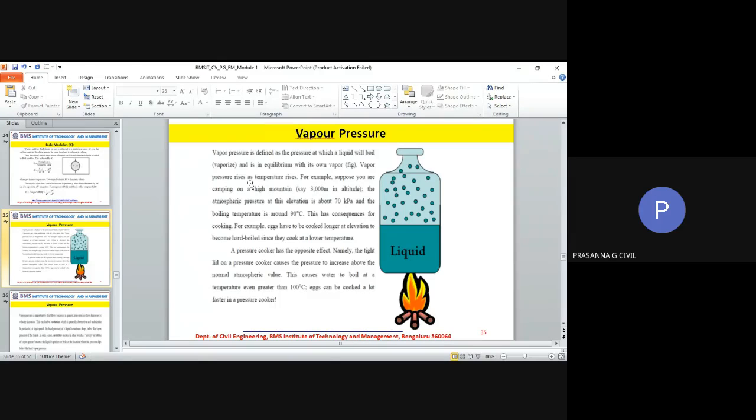Now there is also one associated term which we call cavitation. Cavitation is actually a problem. Now what is this problem? Cavitation is the process or phenomenon of formation of vapor bubbles in a flowing liquid where the pressure of the liquid falls below vapor pressure. So suppose a liquid is flowing in a pipeline and due to some reason the pressure is reduced in the pipeline and vapors of the liquid start developing. These vapor bubbles